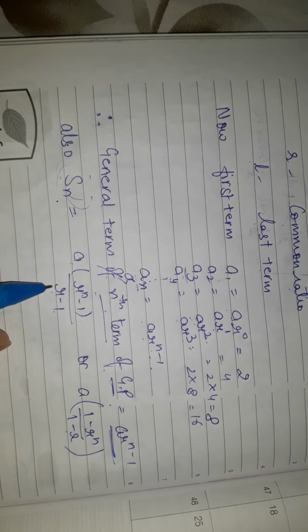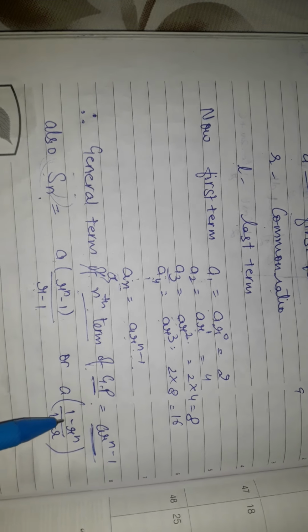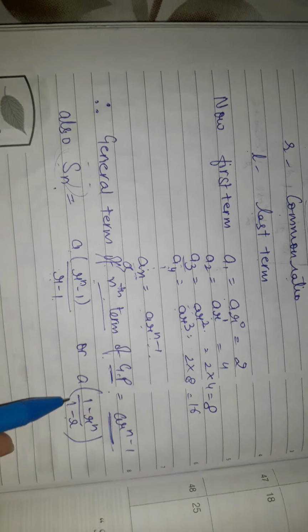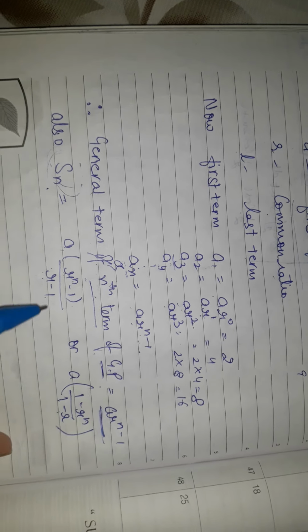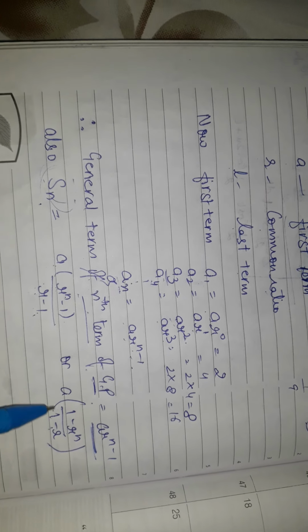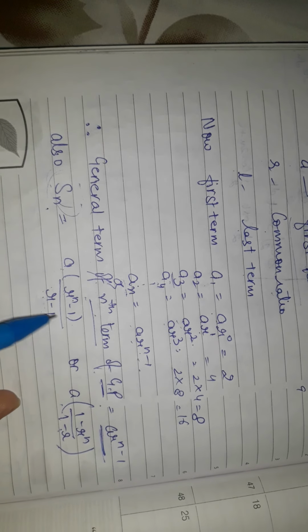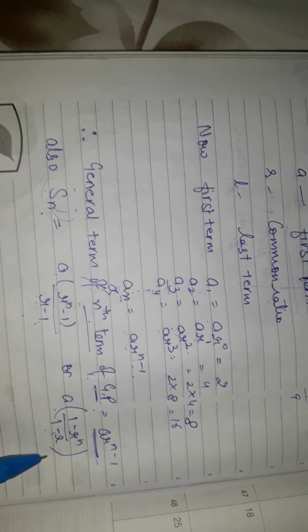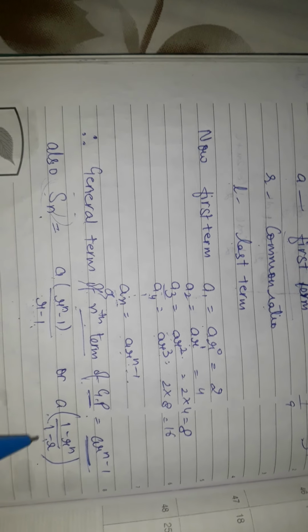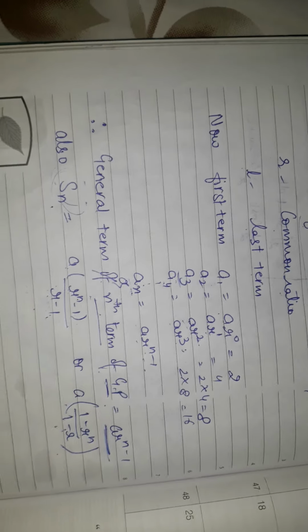इसमें से आप माइनस कॉमन लो, नीचे वाला माइनस कॉमन लो, कट जाएंगे, तो यू कैन, दिस फॉर्मूला कैन बी चेंज टू दिस ऑल्सो, A into 1 minus R raised to power n upon 1 minus R. So you can apply any of the formulas, but usually this formula we use to apply when R is greater than 1, and this formula we use to apply when R is less than 1. So it makes no difference, आप कोई भी लगा के बाद में माइनस कॉमन लेके you can do.